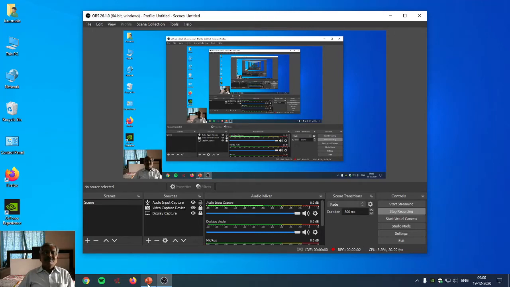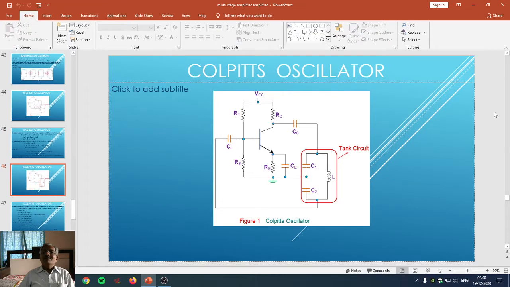Student friends, in the last period, we studied one of the oscillatory circuits known as the Hartley oscillator. And we are continuing with the same topic, namely oscillators. Today we are going to study another oscillator known as the Colpitts oscillator. This is the oscillator given by the scientist Colpitts, and that's why it is known as the Colpitts oscillator.